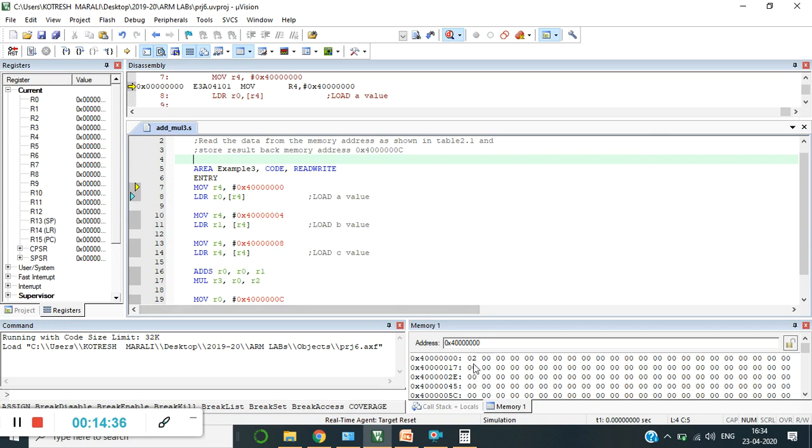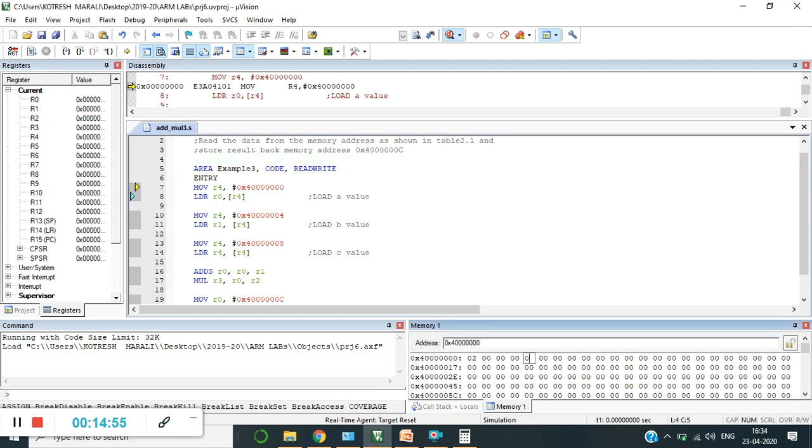Now 02 is 32-bit data. 02 is the least significant byte, and it is stored in 00, the least significant address. Now this is 01, 02, 03. Leave it blank.